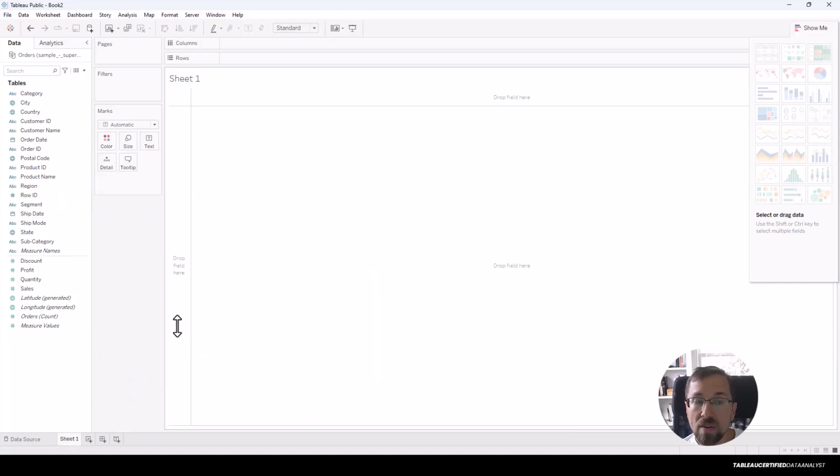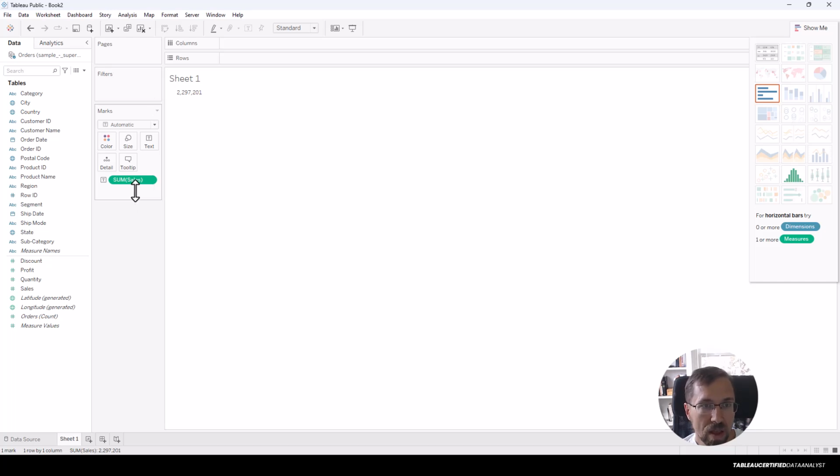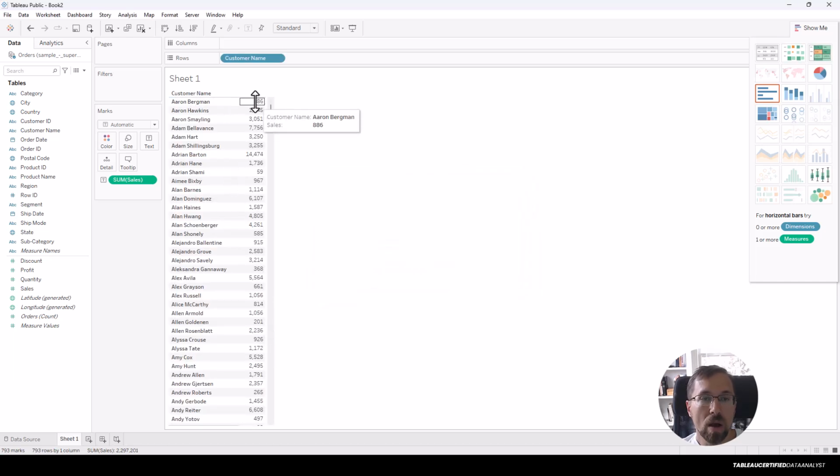And now whenever I add a measure to the view, it will automatically do an aggregate calculation. So if I drag, for example, sales into the view, this adds up all of the values of sales in my entire data set. This is not very interesting because I don't have any dimensions in the view. But if I, for example, added the customer name, and I add all members, it's going to be a lot, I see the total